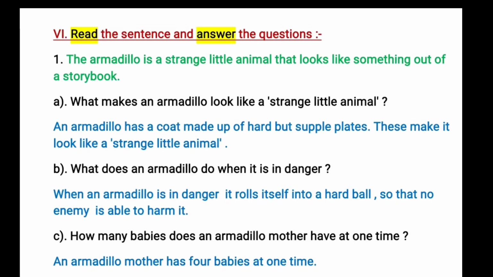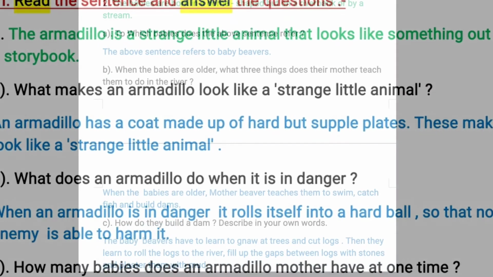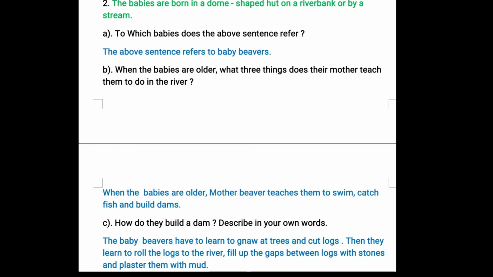So when an armadillo is in danger, it rolls into a hard ball so that the enemy is not able to harm it. Next, how many babies does an armadillo mother have at one time? An armadillo mother has 4 babies at one time. So, how many babies? The answer is 4.